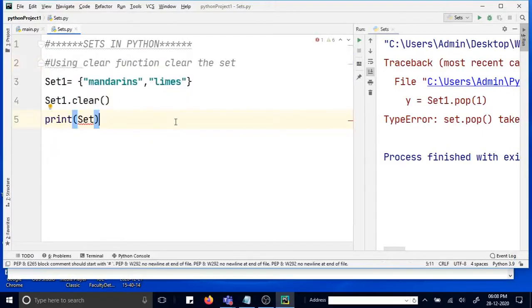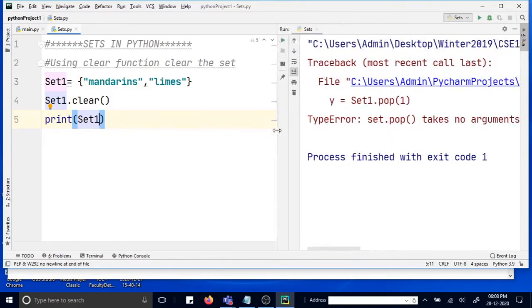Okay. Use another function, which is the clear function. Normally the clear function simply clears the elements from the set, but the existence of the set remains there, right? In the case of the remove and discard functions, the complete set gets deleted.